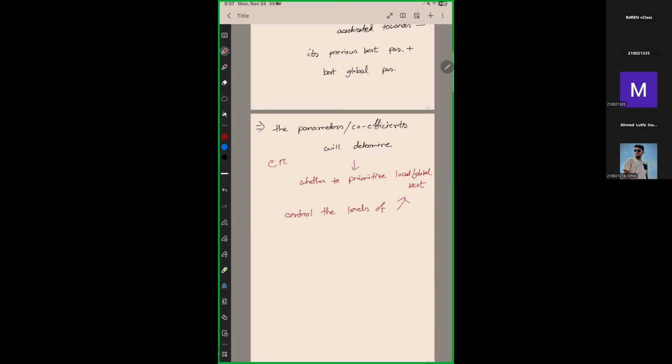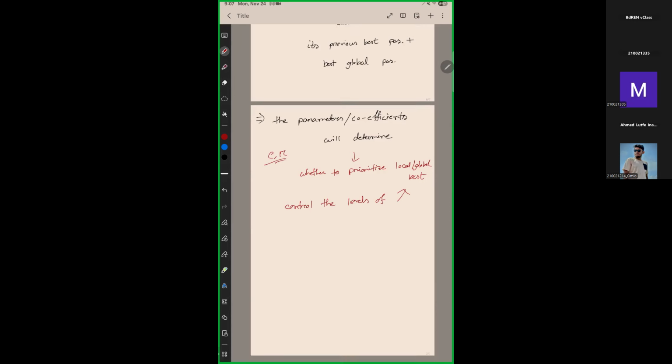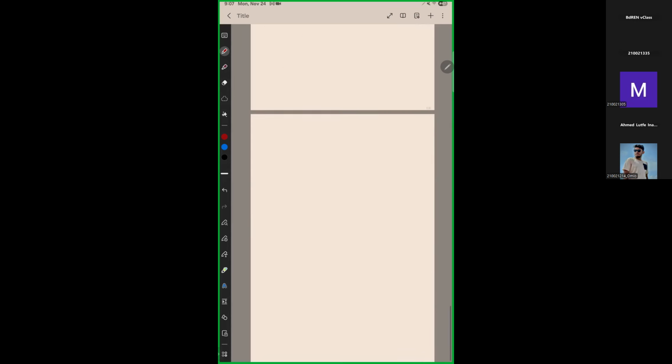So that means these coefficients will determine how much should I follow my local best, how much should I follow my global best. That will be controlled by these values, C value and R value. Clear? ওকে, একটু ওয়েট করো, আমি আগাই, তারপর আমি আবার তোমাকে কোশ্চেন করে ইয়ে দিচ্ছি।